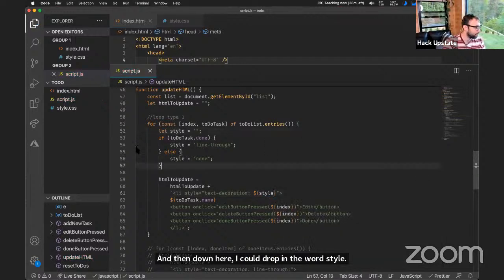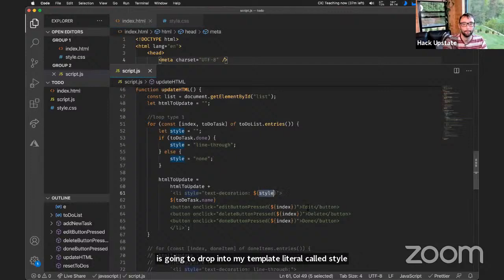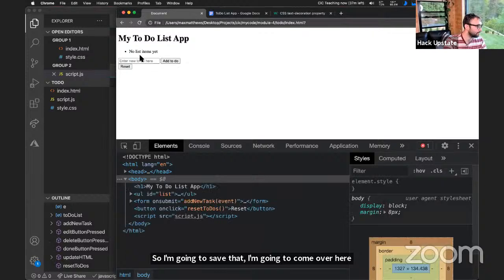And that is going to run this if statement every time this loop runs, and it is going to figure out whether the style should have a line through it if the task is done, or it's going to set the style to none, which is the default of this variable in the text decoration. So either one that happens here, it is going to drop into my template literal called style. So I'm going to save that. I'm going to come over here. I'm going to refresh, and I'm going